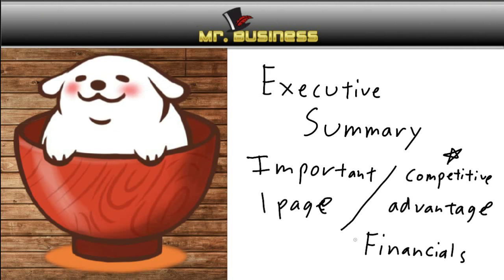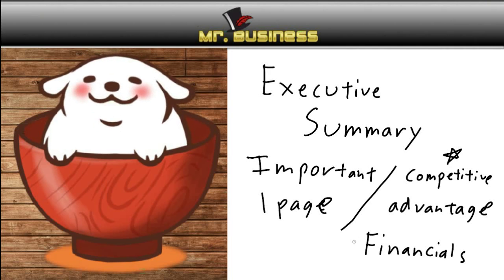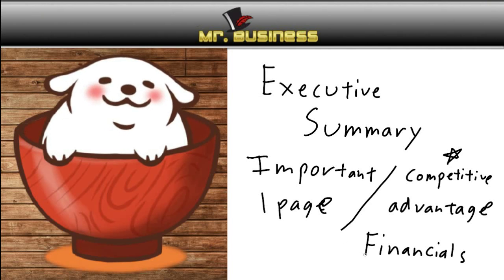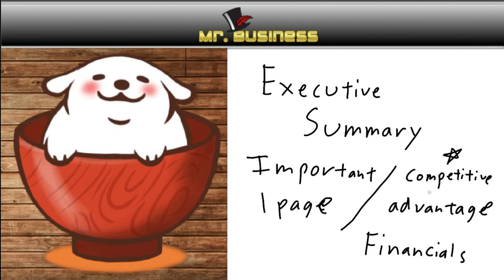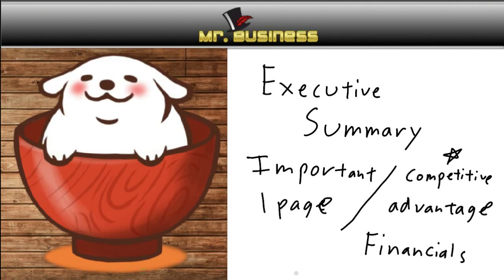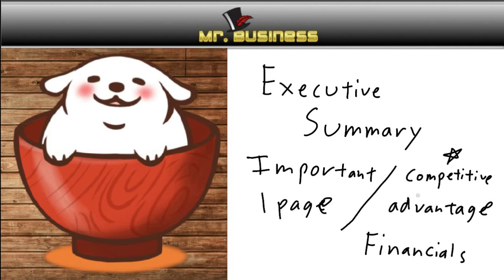Big. If you don't know the financials, if you can't give me the basics as far as how much it's going to cost and how much we're going to get back, and then give me some place to refer to where you're actually getting these numbers from, that's going to be the whole thing I'm going to look for in executive summary. I'm going to first look at your competitive advantage, and then I'll go straight to financials. Especially if you're looking at for banks and other things like that, this is what they're looking for as well.